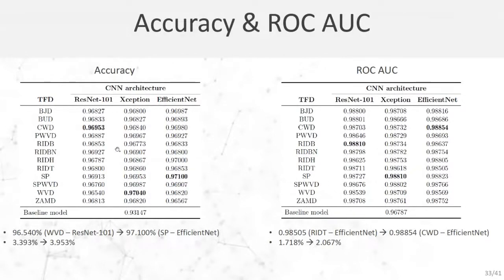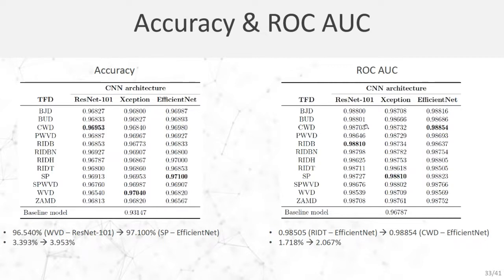We can see that we achieved very high values of classification accuracy, which was in the range between 96.54% obtained for the Wigner-Ville distribution and the ResNet 101 architecture to 97.1% obtained for the spectrogram and EfficientNet. Moreover, as the baseline model achieved the classification accuracy of 93.15%, these methods outperformed the baseline model by 3.39 to